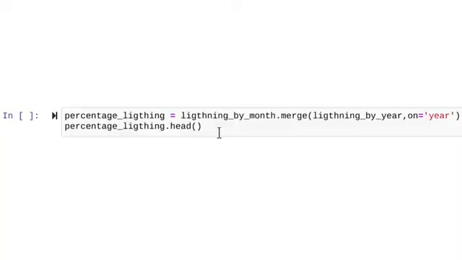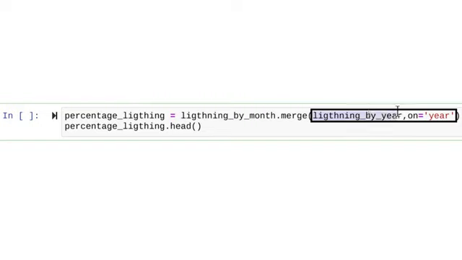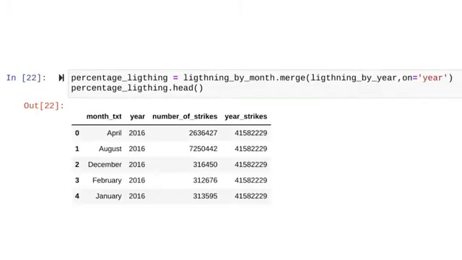We created those 2 data frames, lightning by month and lightning by year, in order to derive our percentages of lightning strikes by month and year. We can get those percentages by typing lightning by month dot merge with lightning by year, comma, on equals year in the argument field.